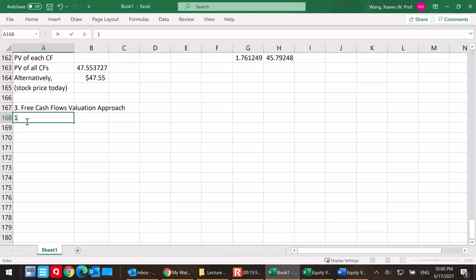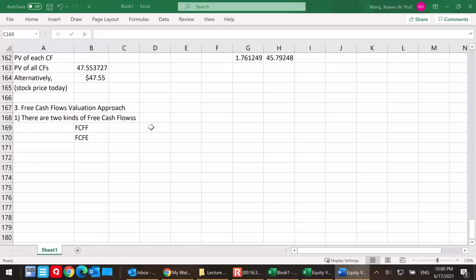There are two kinds of free cash flows. One is the so-called free cash flow to the firm. That's the notation. One is the so-called free cash flow to equity holders. This is the alternative definition. Now this is the other kind of free cash flow. If you want to understand the difference between these two,